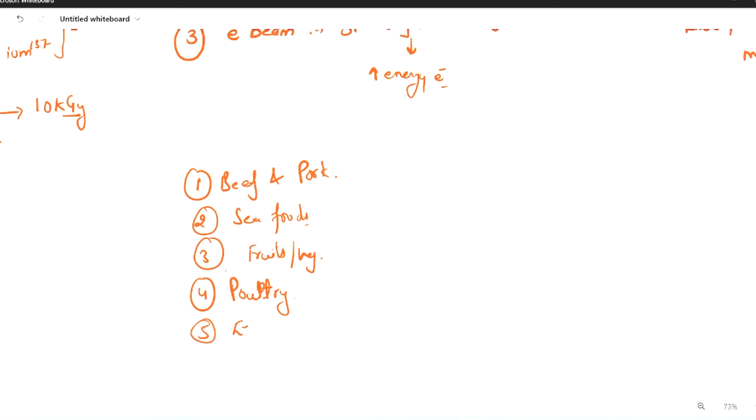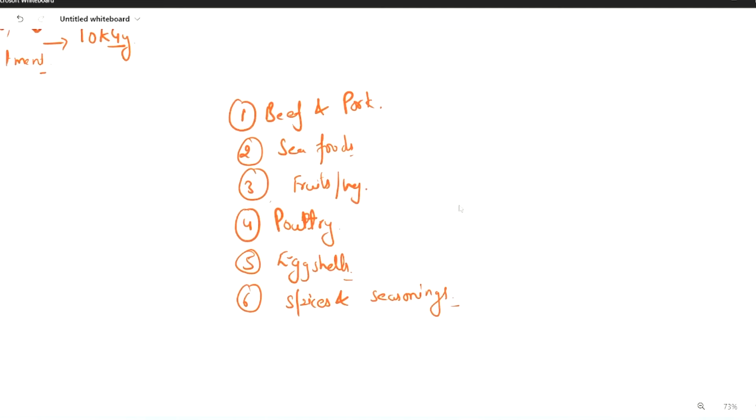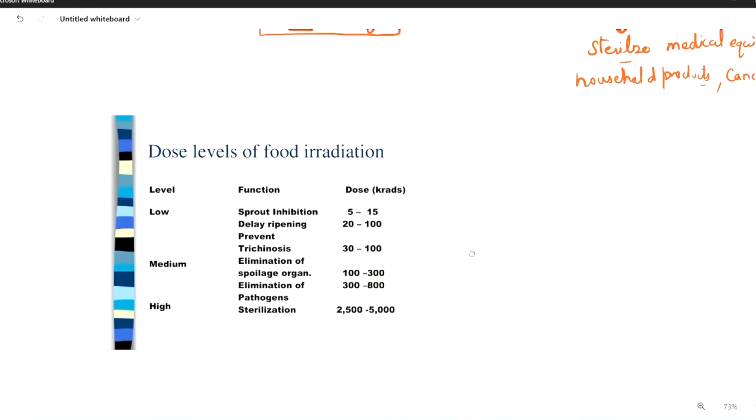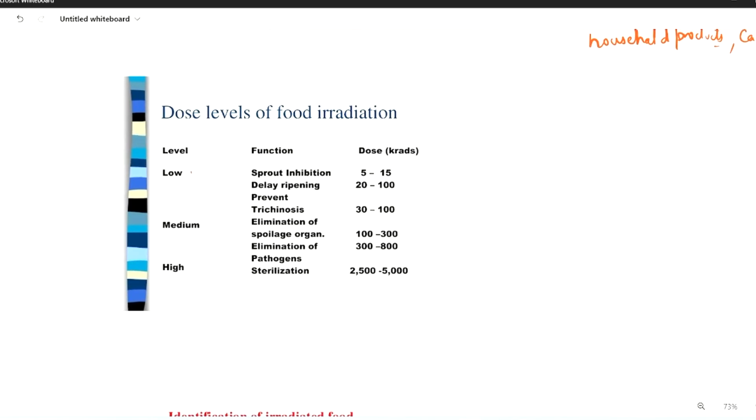Also can be used in the eggshells and can be used in different types of spices and seasonings. Right? So the important thing about the irradiation is the dose. So there are three types of doses which are given to the food material, and those come under the low dose, medium dose and high dose, and they have different purposes and functions in